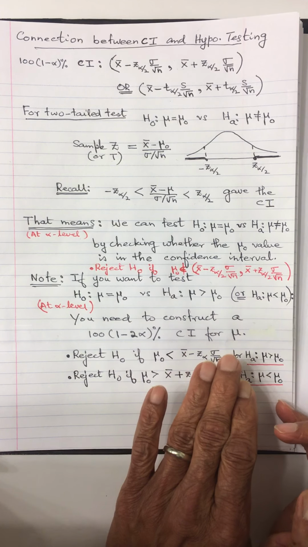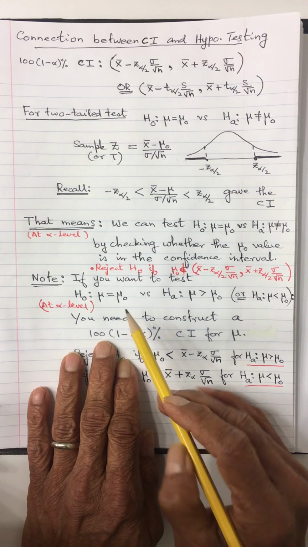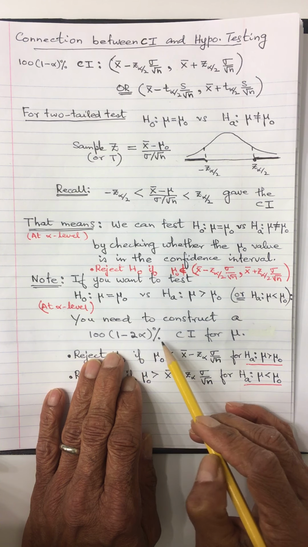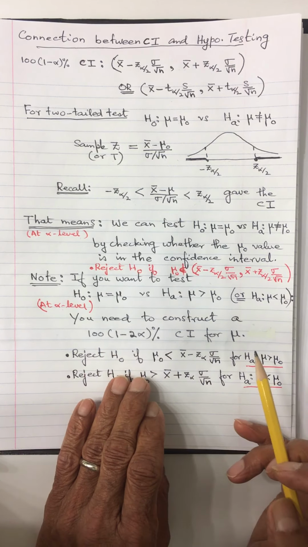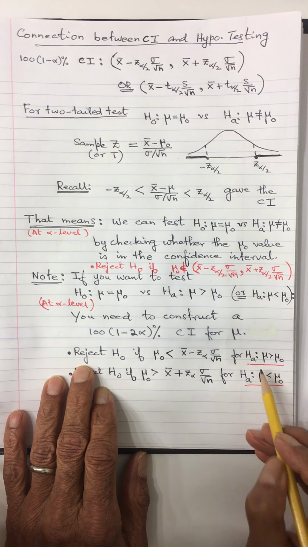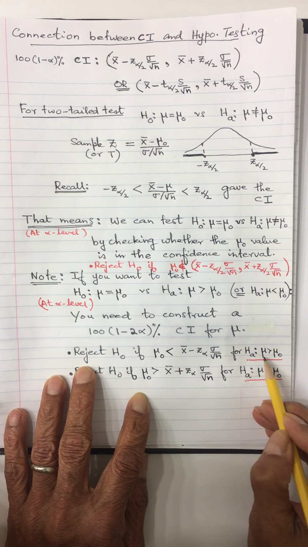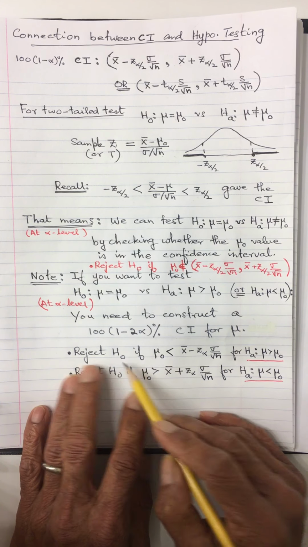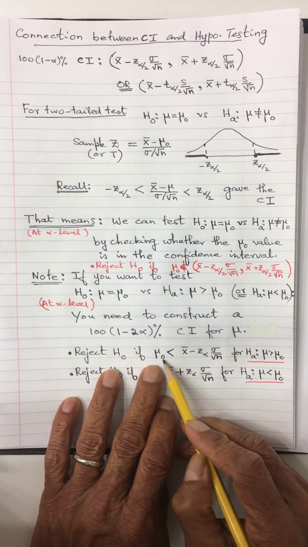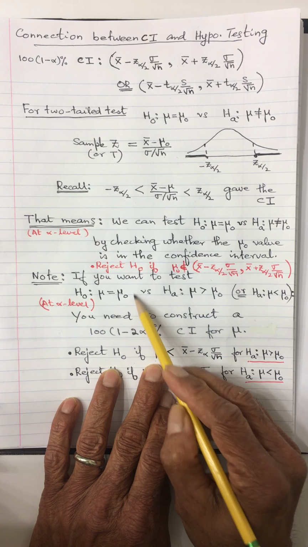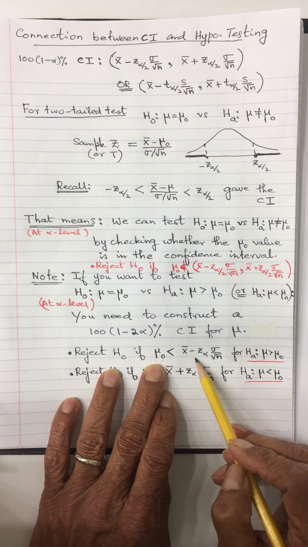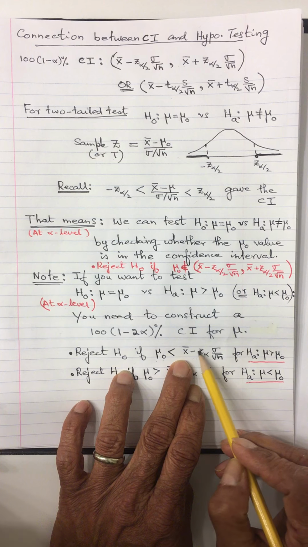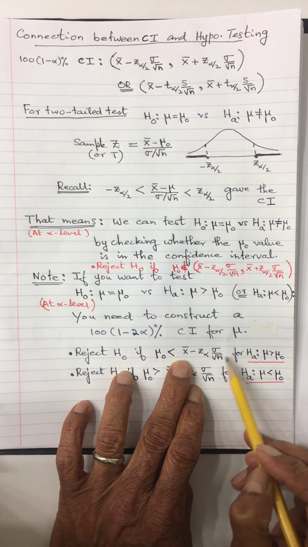Either lower or higher, upper, doesn't matter, okay? So if you're looking at this with one tail, you need to look at this much confidence interval for mu. Then after that, if you are dealing with the upper tail test, mu greater than mu naught, the way to do that is that you reject H naught and accept HA if this mu naught value is lower than this value, x bar minus t, sigma over square root of n.